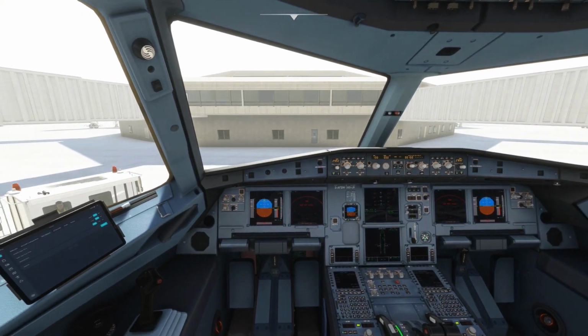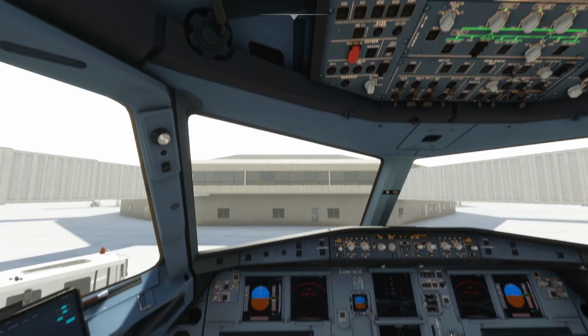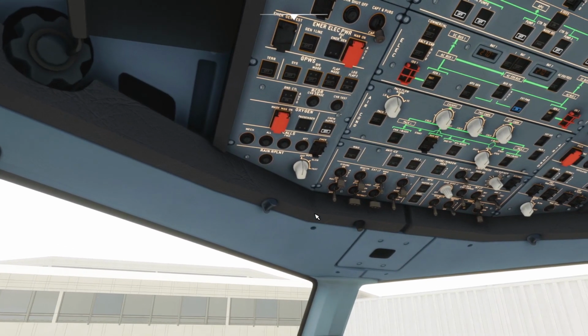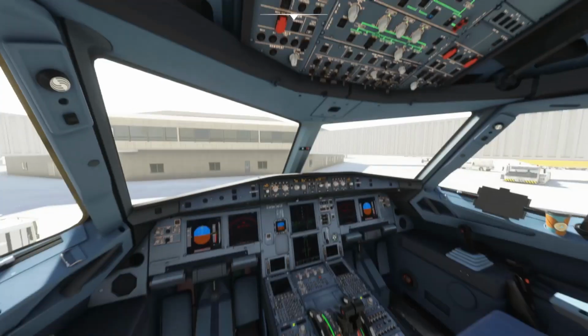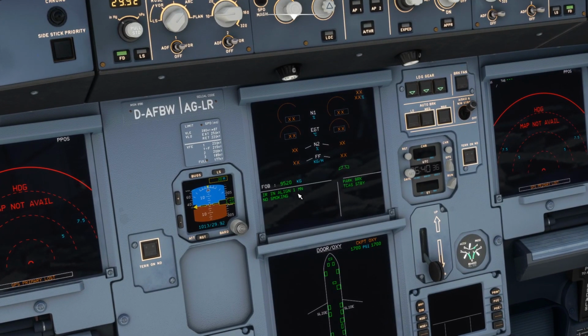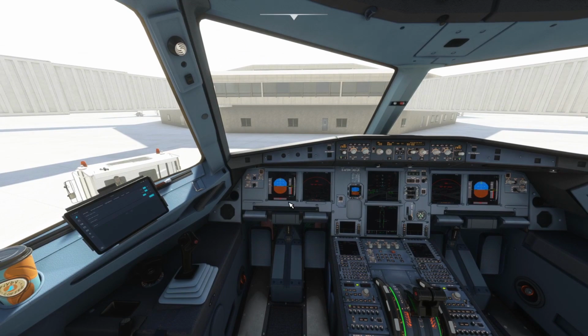now the plane is up and running, the air conditioning is running, everything is done. Turn off no smoke prompt light, it's on. So the no smoking sign is on. Okay, anyhow, I will just try to keep this tutorial short. Okay, now once